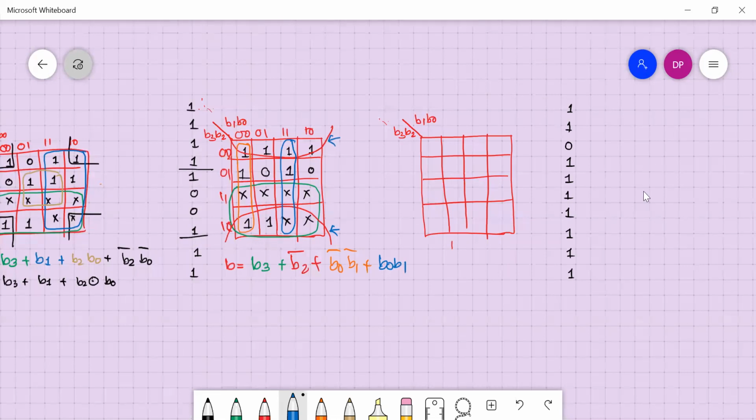Right. So get an expression for C. This is for C, right? So what we can write for C. So let me zoom it.